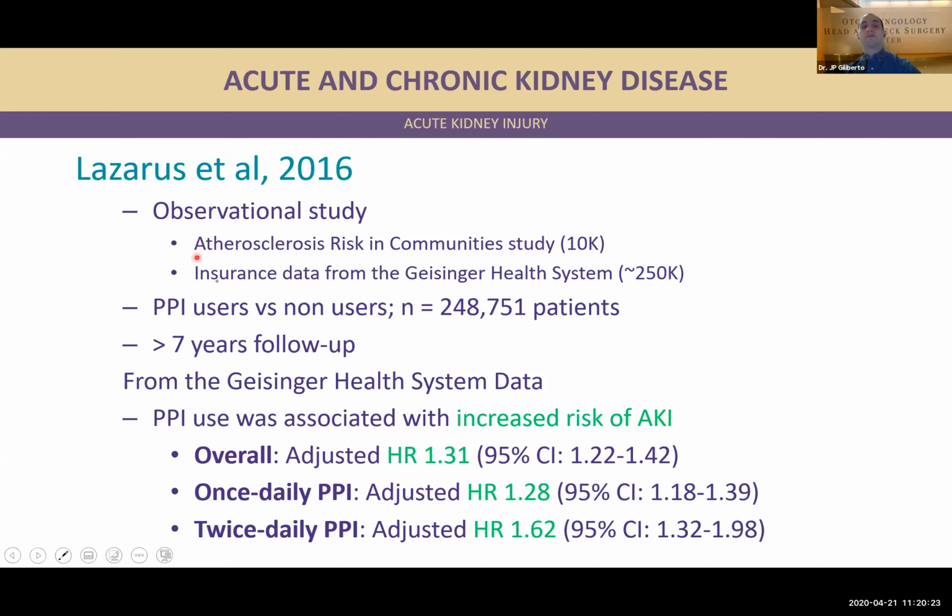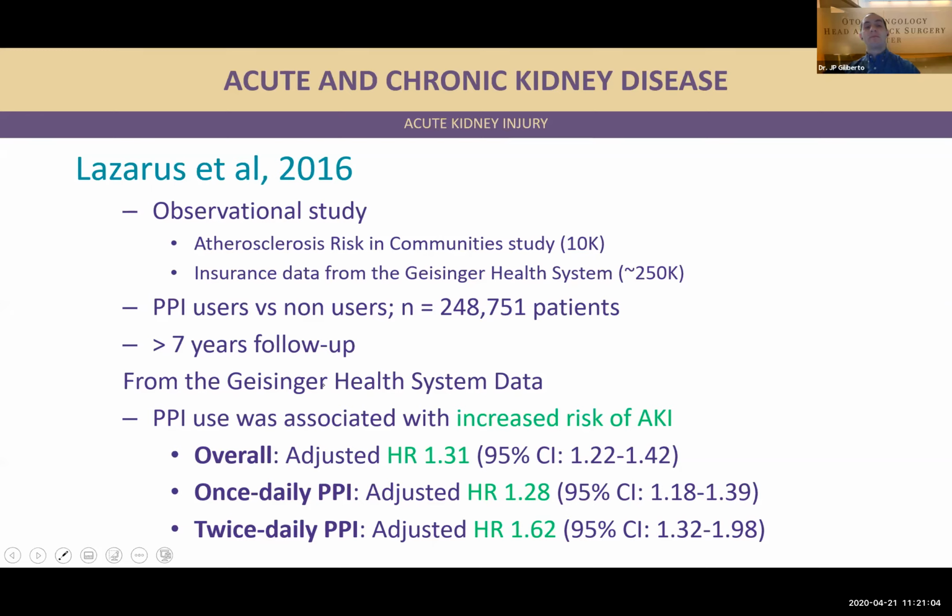study populations. The first was a prospective cohort that had regular lab values as well as very good note keeping of which medications patients were taking when, limiting the misclassification bias for taking the medications as well as classifying chronic kidney disease. They also took that same study design and applied it to all of the Geisinger-Helsinger data. So they had a prospective cohort of about 10,000 patients and then a large insurance-based system evaluation of about 250,000